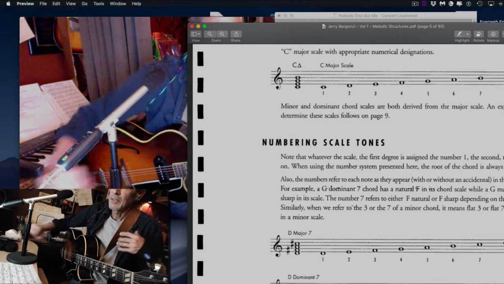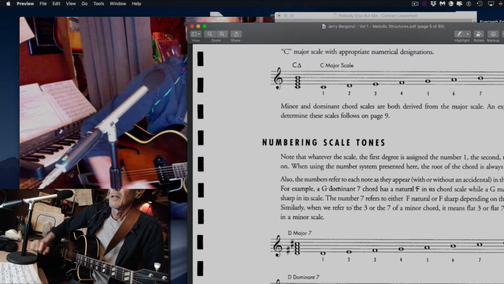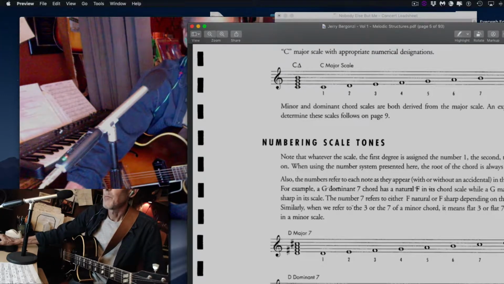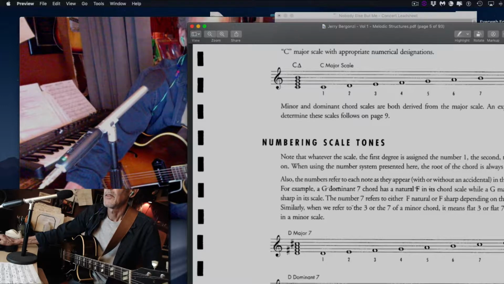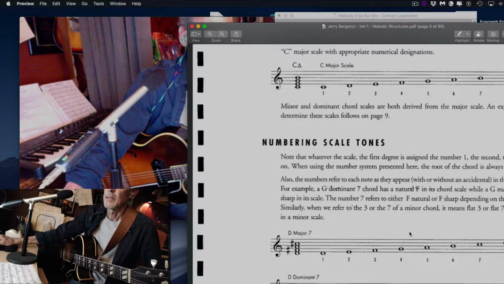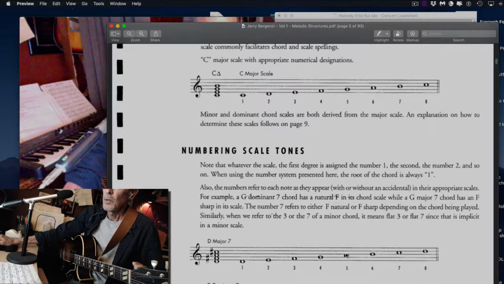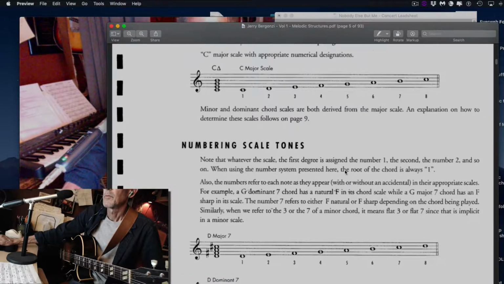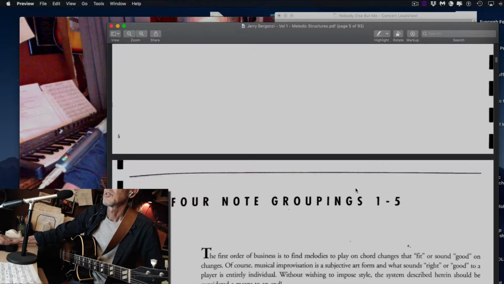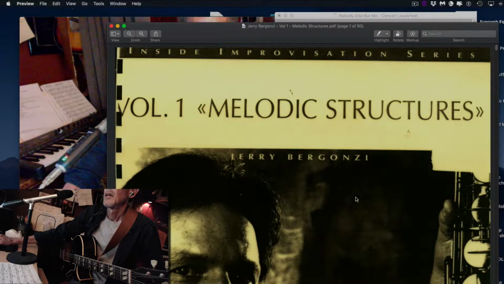And you want to mix everything together, so you have some of these tetrachords, maybe or not, mixed in with anything else, like approach notes and across the bar line phrasing and things like that. But to get back to these tetrachords, we have the notes of a scale 1 through 5: 1, 2, 3, 4, 5. I'm reading from this Melodic Structures book,